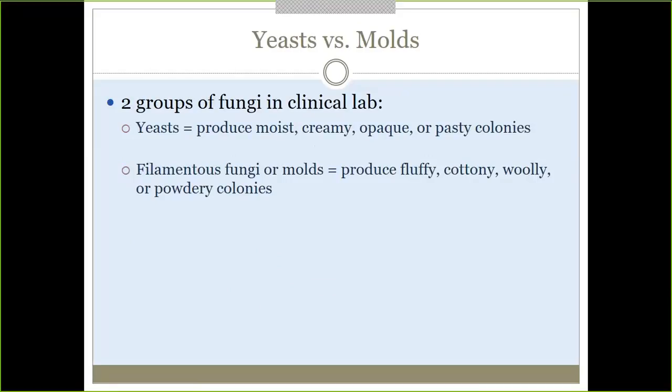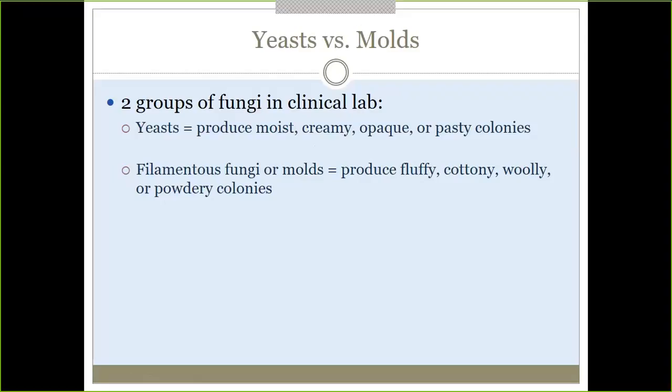It's yeast and molds. So yeast tend to look very similar to bacteria growing on an agar plate. They can be moist, creamy colonies, and sometimes they can even be dry. They're not always truly that mucoid looking. Sometimes they're very dry looking, but they grow on agar similar to bacteria, and we can grow yeast on regular blood agar. So just kind of keep that in mind,